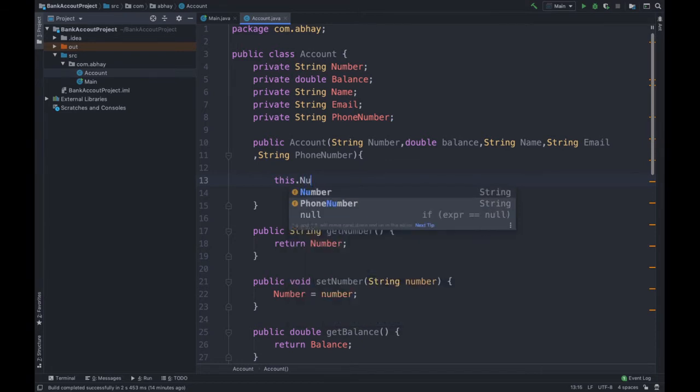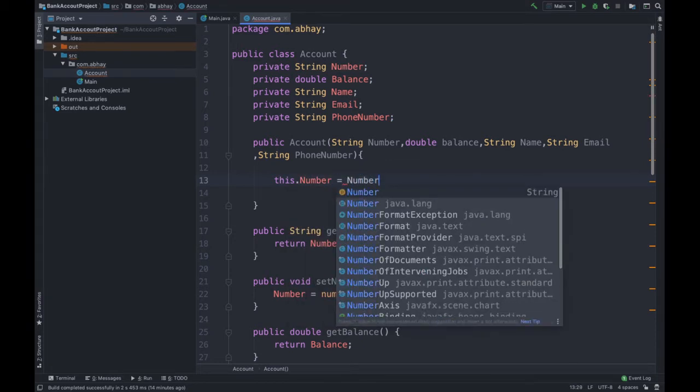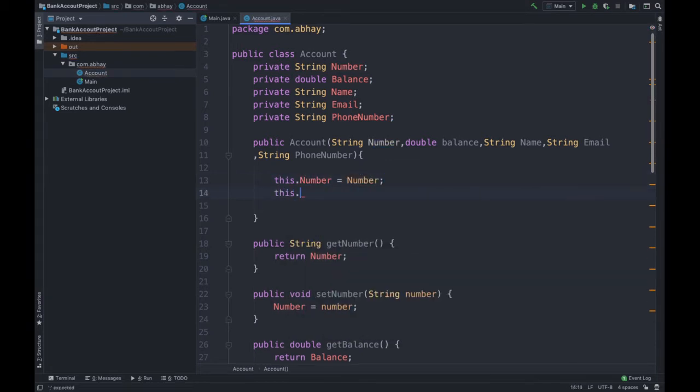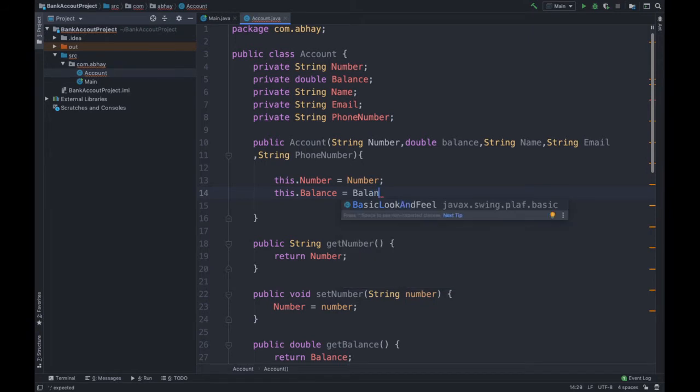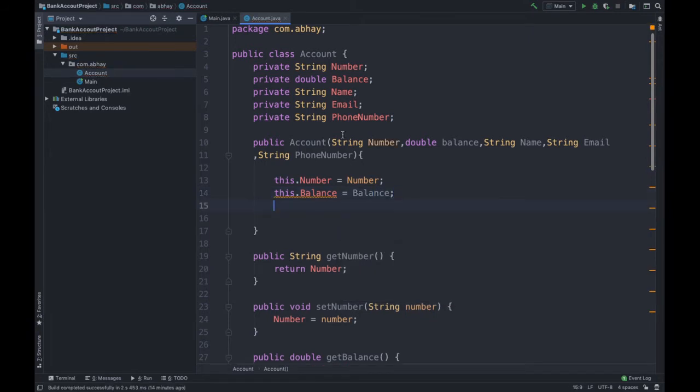Now let's initialize all of them. this.number is number. this.balance is balance. We are seeing an error here, and it says the variable is already assigned to this value. Sorry, there is a typo: we have a capital B here and a small b here.